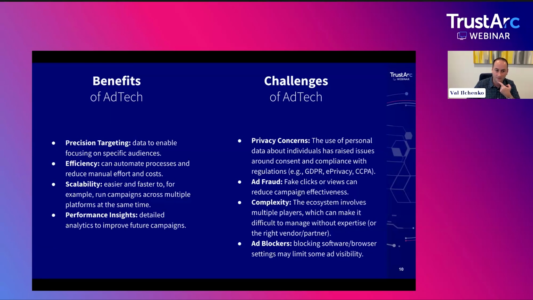But let's keep going a little bit here. Some benefits of the technology are obviously things like precision, efficiency, scale, and performance. Why does ad tech exist? I'm curious to hear from the other folks here about this as well. But in some ways it exists because otherwise you would just be running ads scattershot, which is what used to happen with TV, right? At some point they just ran ads for everybody.